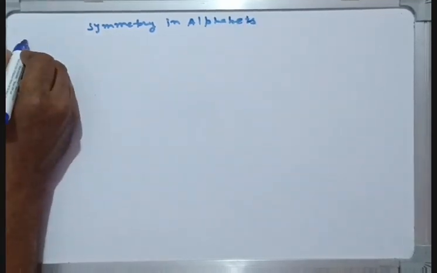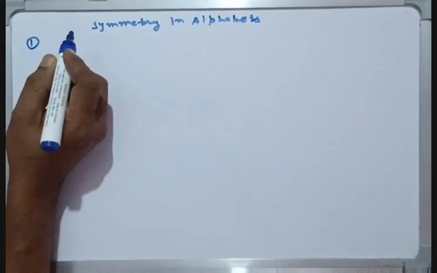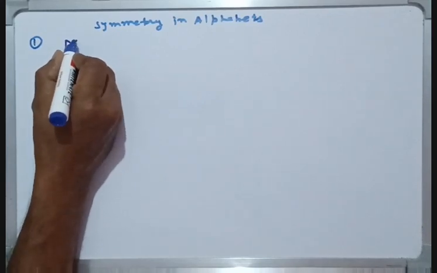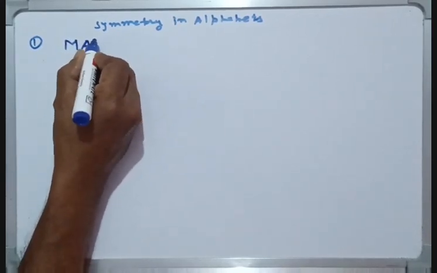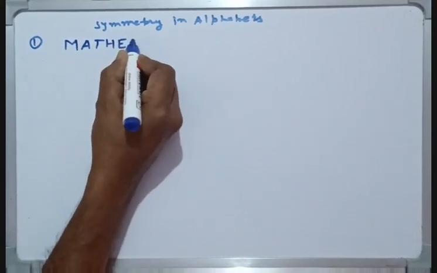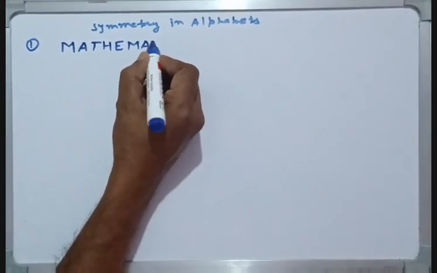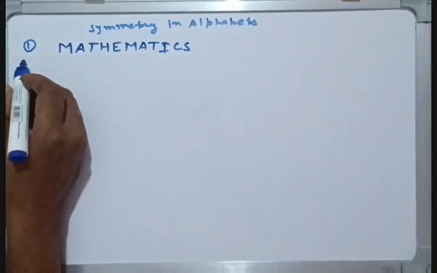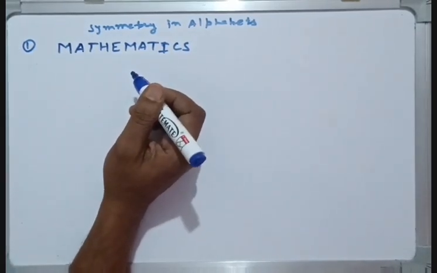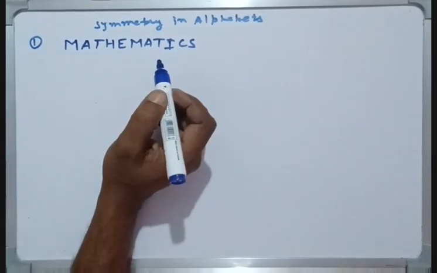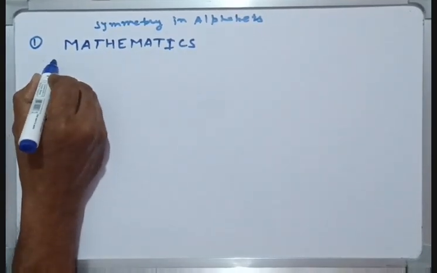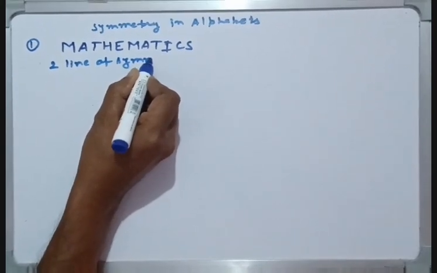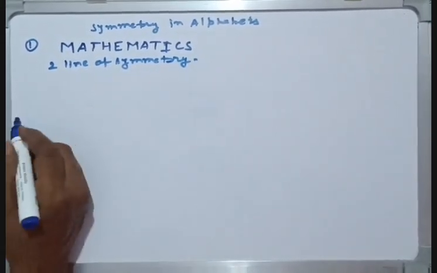Okay guys, so one may ask a question, that if somebody has given a word, mathematics, and the question asked to you is, how many letters have two lines of symmetry? Okay guys, so see,